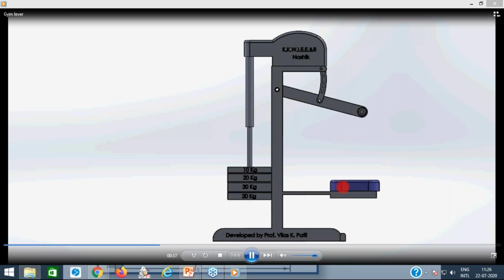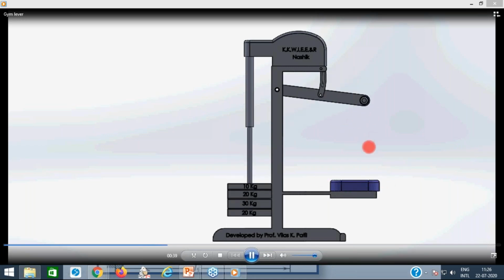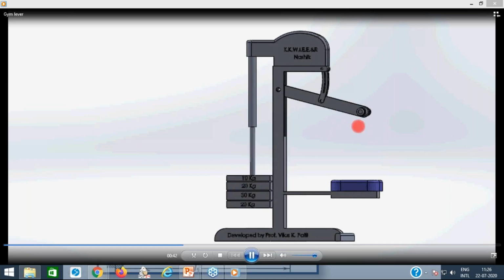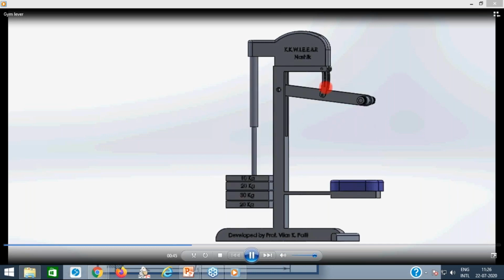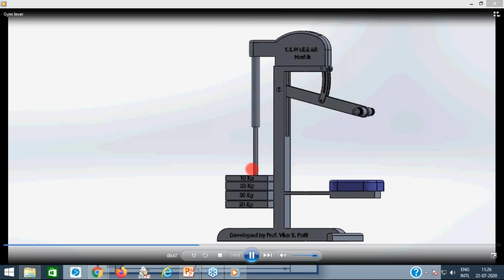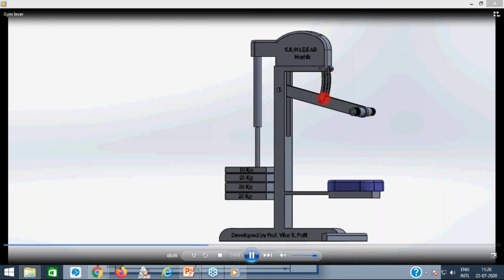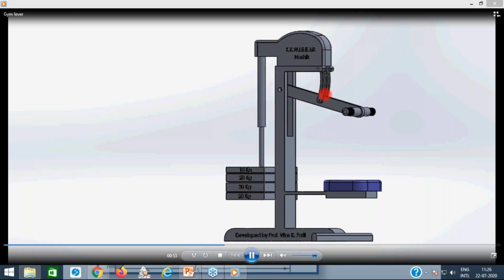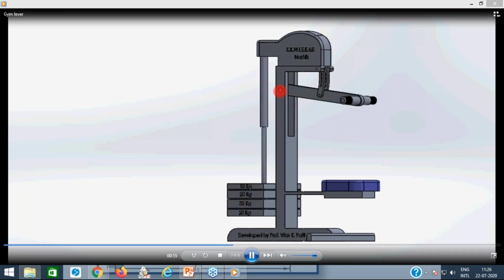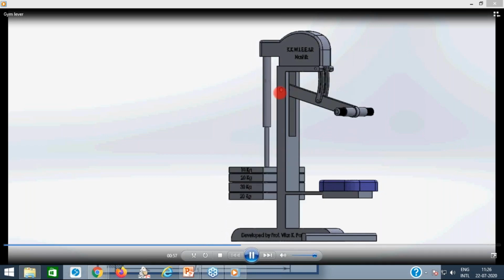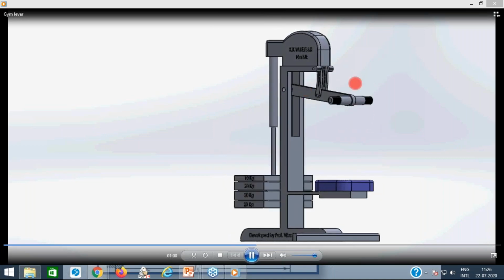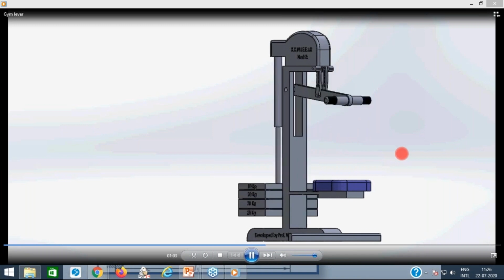This is the effort. After sitting here in the gym, you might have seen such types of equipment. For exercise purposes, you have to put the effort towards this end. Then here you will get the output, because we are going to lift the total load which comes on this link. That's why you can say the output or the force, that is F. And here you will find the fulcrum. Try to understand. That means you will observe now, this is the second classification.